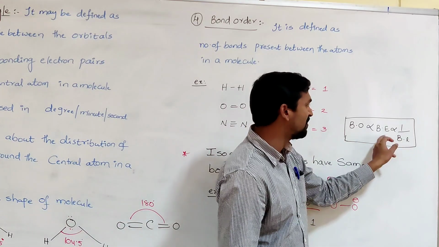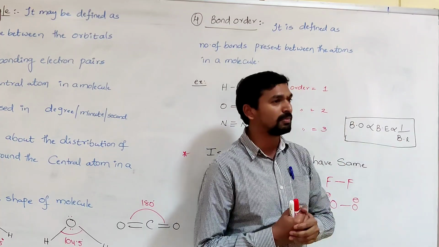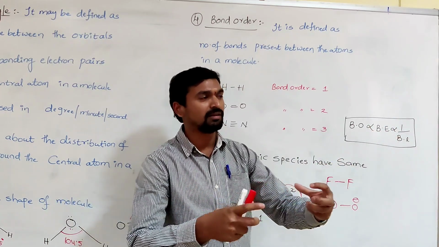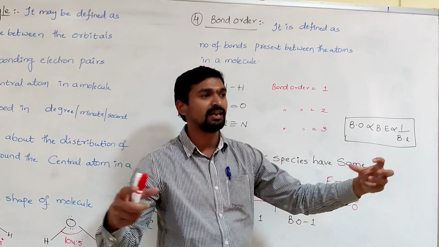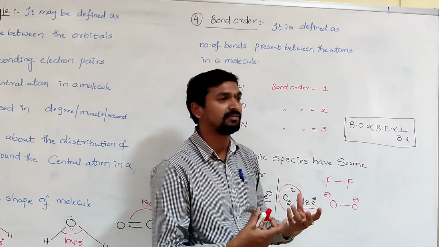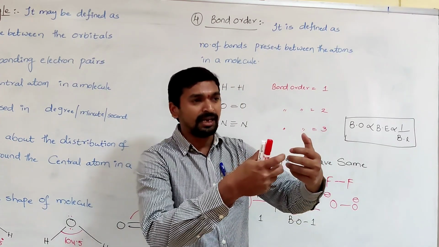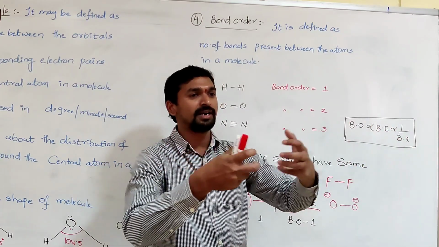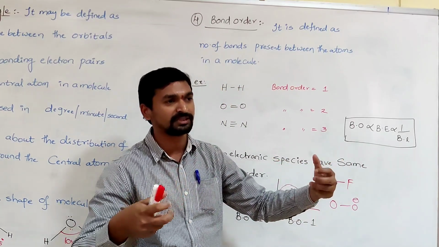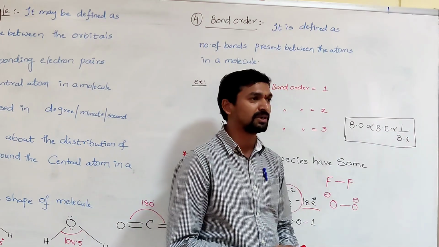Next, compare these two. We have already explained the factors. Bond energy is inversely proportional to bond length. As the bond length increases, the atoms move away from each other, so they are not strongly attracted to each other. The bond present between them is weak. In that case we require very little energy to break the bond. That's why the bond enthalpy is less. That means as the bond length increases, the bond becomes weak, and the energy required to break such bonds decreases. That's why bond energy is always inversely proportional to bond length.